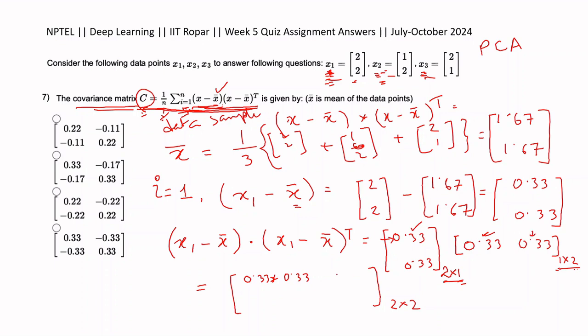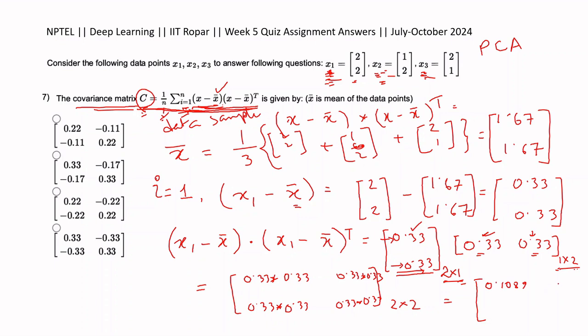Okay, so that is again 0.33 multiplied by 0.33. Similarly, now I will be proceeding for the second row. Second row, first column: here it will be the only row that is available and the first column. Again these values are the same, 0.33, 0.33. Then the second row and second column, so it will be 0.33 multiplied by 0.33. So this final value after calculation is nothing but